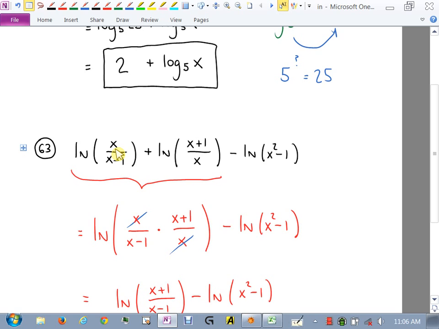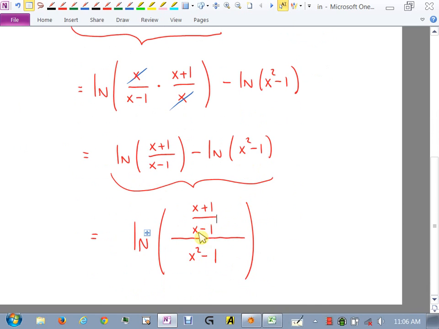I mean, there would be a lot involved if you were given this and asked to look for the domain. Now, if you've simplified it to this, you're going to lose that x. So you would lose sight of the fact x couldn't be 0. So to answer your question, if it was a domain question, you would have to say x can't be 0, even though you canceled it out. I don't plan on doing that to you, but